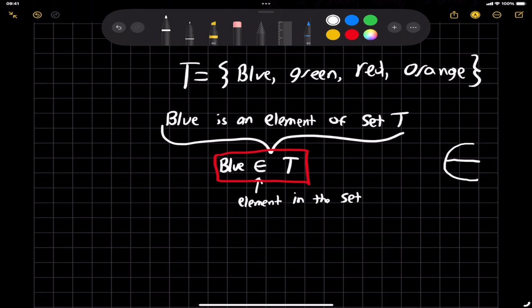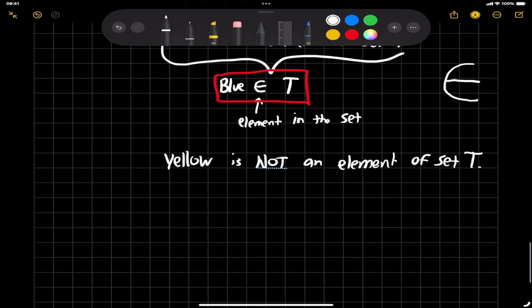Now, notice that not every color is here. Does everybody agree that yellow, I could write it out as a sentence, yellow is not an element of set T? Can we all agree on that? Yellow is not an element of set T. Now, everybody here knows that I don't like sentence form. We want to reduce this down into an expression. It turns out that this is very easy. We say yellow